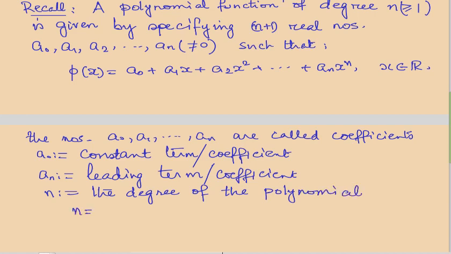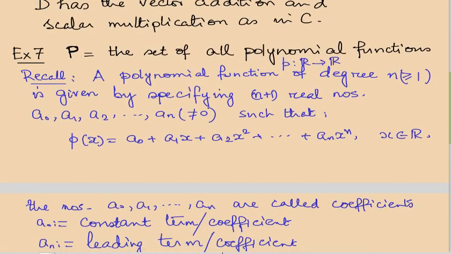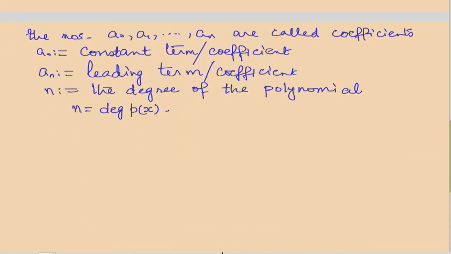And we often write n is said to be the degree of Px. Okay. So then we have the set of all polynomials, and again we take, so if lambda is a real number,